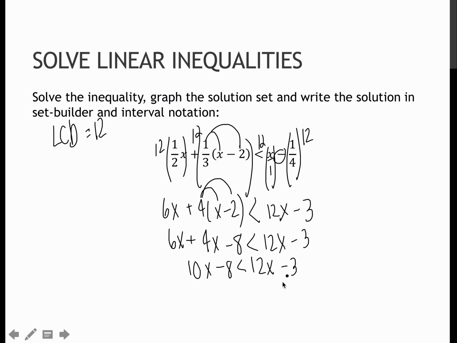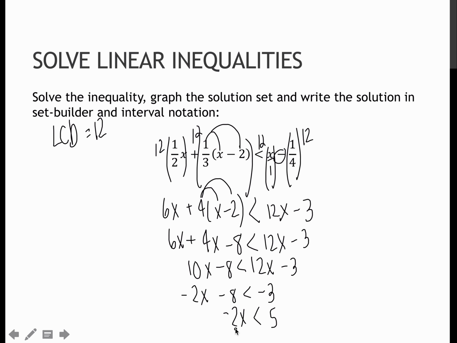And now I can choose to move the x's to either side. I'm going to move them to the left, so I'm going to subtract 12x from each side. That gives me negative 2x minus 8 is less than negative 3. By subtracting that 12x, I'm going to add 8 to each side, which gives me negative 2x is less than